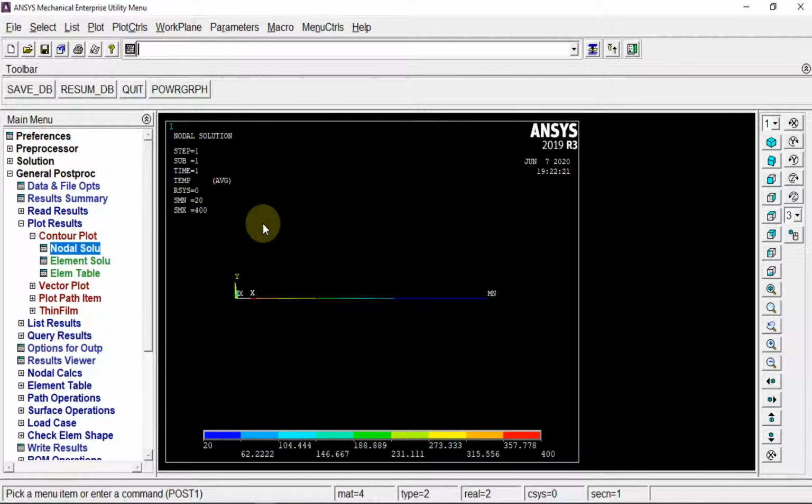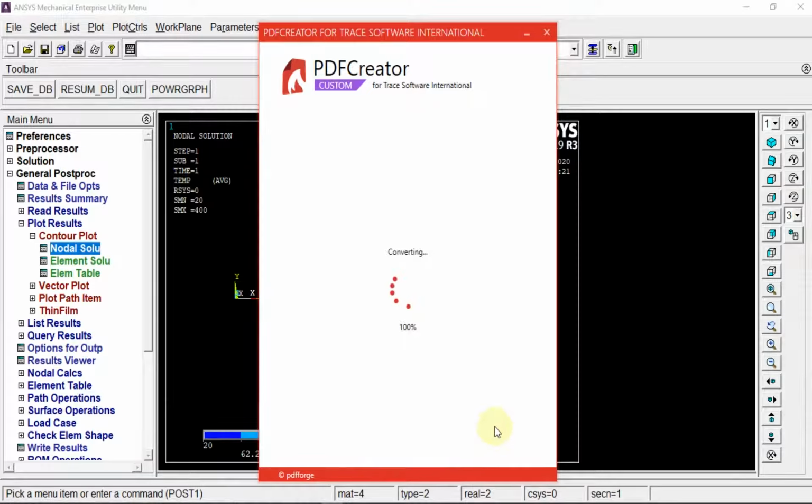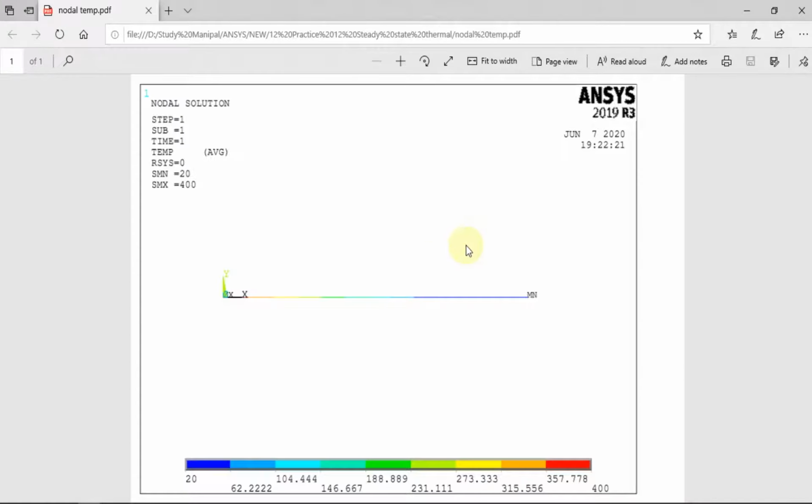Okay, and create a folder in which you are going to save everything. So I'm going to write it as nodal temperature and save. So as you can see, it's already converted into a white background, and we have the distribution over here.